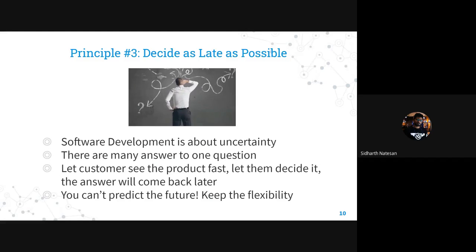Okay, so decide as late as possible. Software development is about uncertainty. What do I mean by uncertainty? So here,